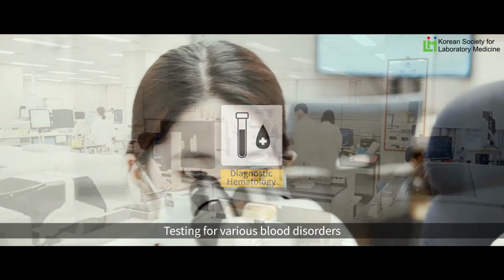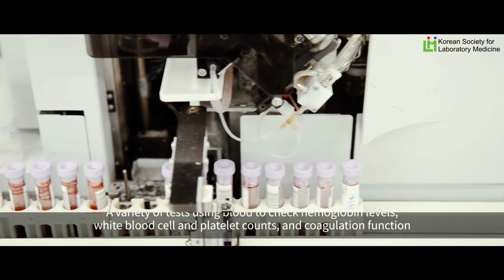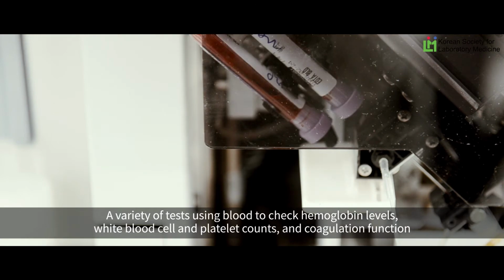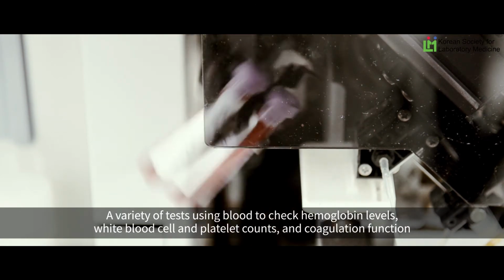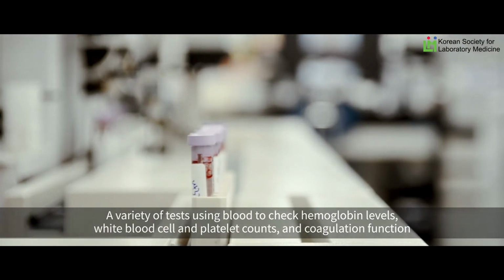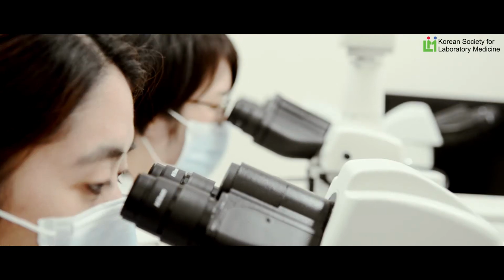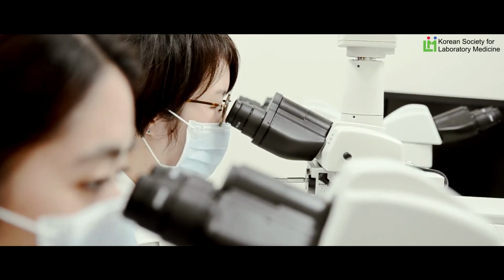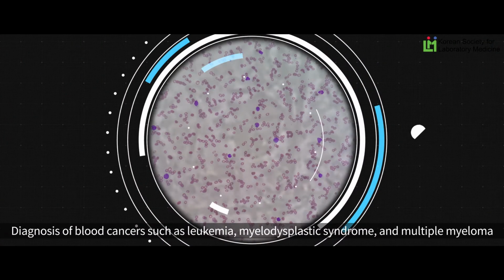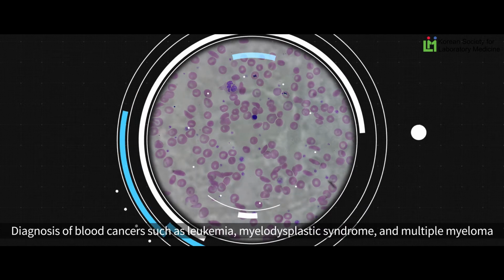Diagnostic hematology involves tests on many different blood disorders. Clinical pathologists provide the necessary information to doctors and patients through test results on hemoglobin levels, white blood cell and platelet counts, and coagulation function. When automated devices provide limited information, experienced clinical pathologists can reveal the cause of the disease using a microscope. Various tests are also conducted on the bone marrow, which is an important hematopoietic organ, to diagnose diseases including blood-related